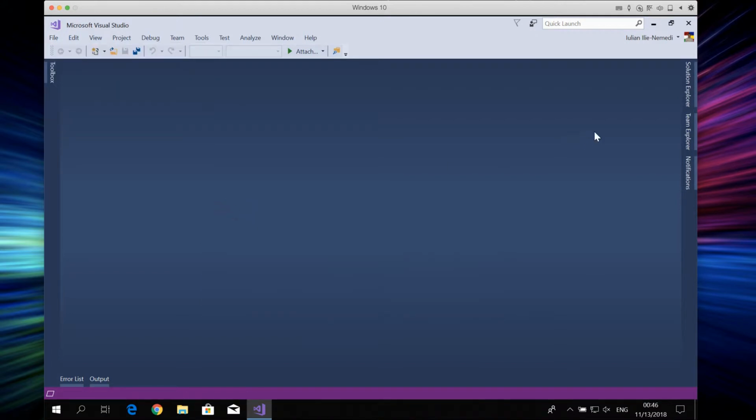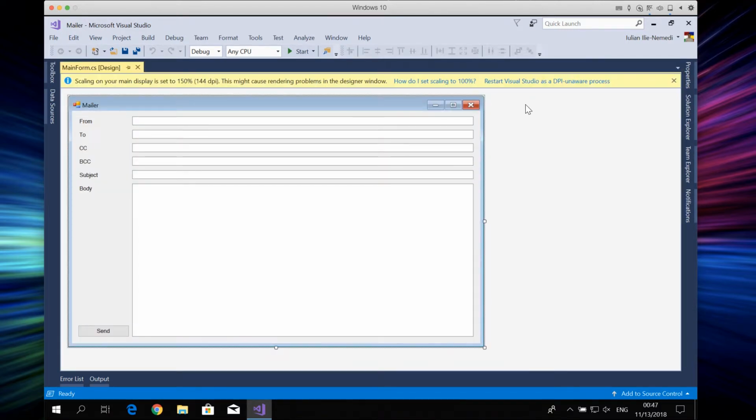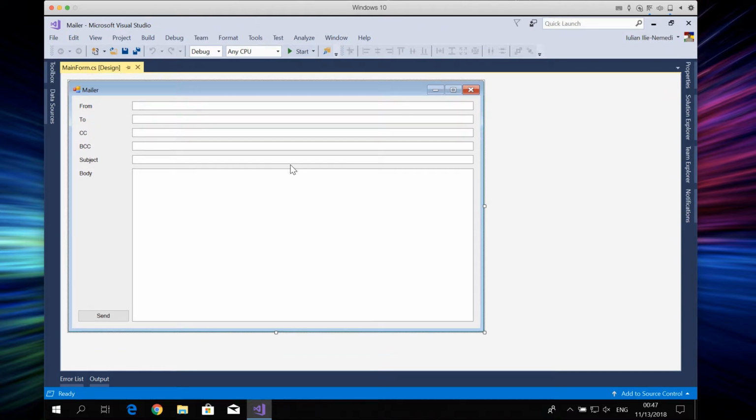My application is just a simple Windows Forms application in which I have a main form. If I go here and open the Solution Explorer, you will see it's a simple application. The form itself is just one that can compose a simple mail without any attachments, for instance. And I can say what is the from email address, a list of receivers to get the message, some carbon copy, a blind carbon copy, an input for the subject and the body of